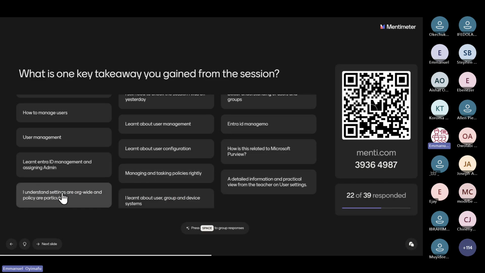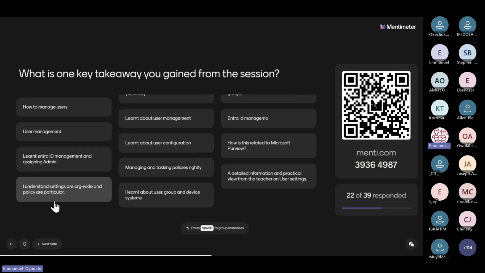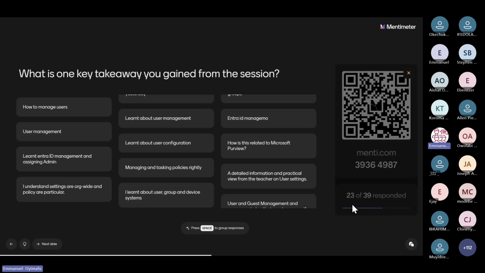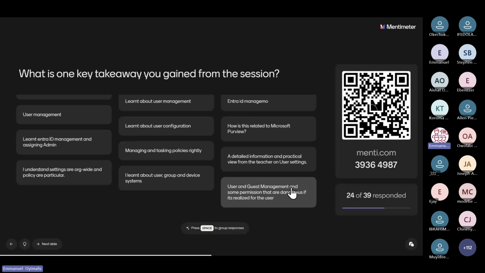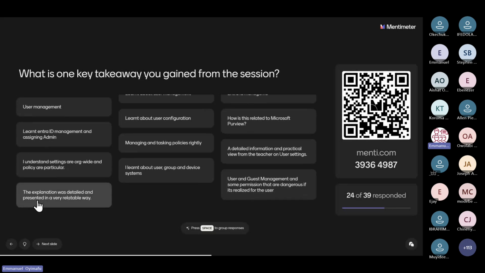I understand settings are org-wide and policies are particular. I learned about user, group and device systems. At least 23 out of 39 people have responded. User and guest management. The explanation was detailed and presented in a very relatable way. Okay, this is fine.